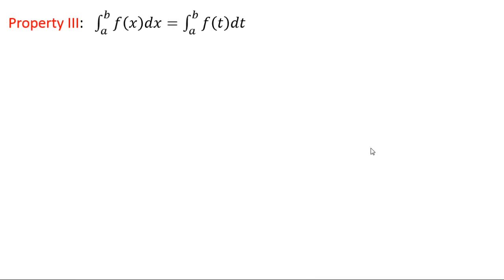Property number 3, integration from a to b of f of x dx is equal to integration from a to b f of t dt. So what this property says? This property says in definite integration, the name of the variable is immaterial. In the first integral, the variable used is x, and in the second integral, the variable is t. So which variable we use